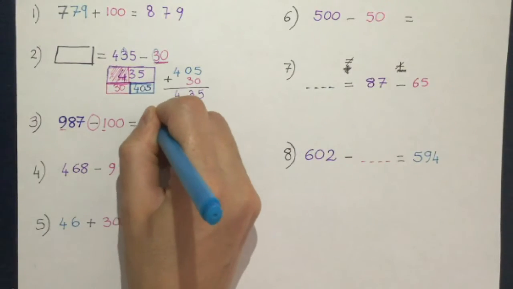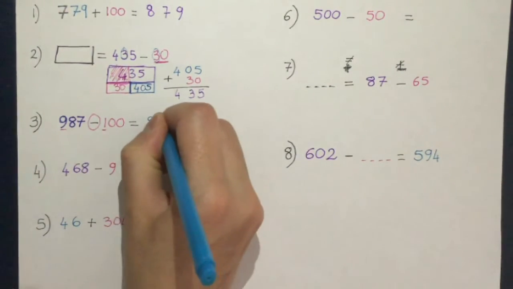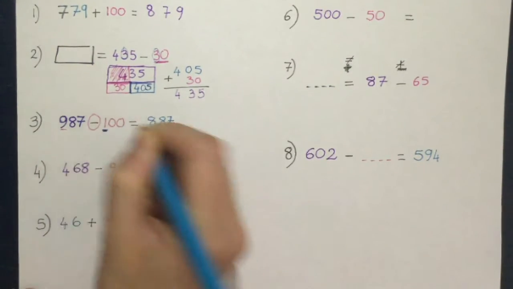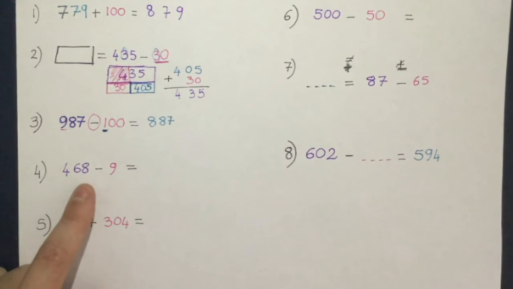So 900, take away 100, 800, and the rest doesn't change. Okay, this is the only place value that changes. This one,